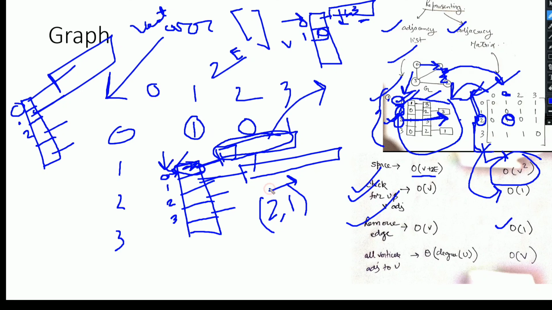I'll first locate 2, and after that I'll traverse the vector elements of 2, and the moment I get 1, I'll just pop back or remove 1. Then I need to go to 1 and again traverse the vector elements and search for 2, because the graph is undirected, so I need to remove twice.